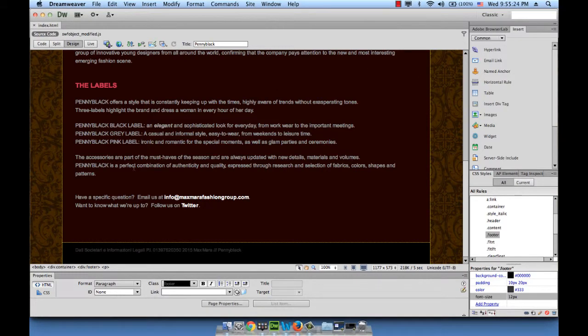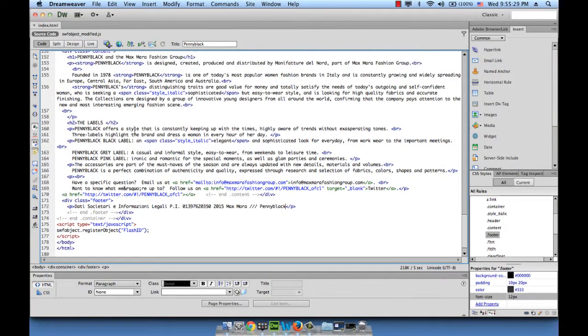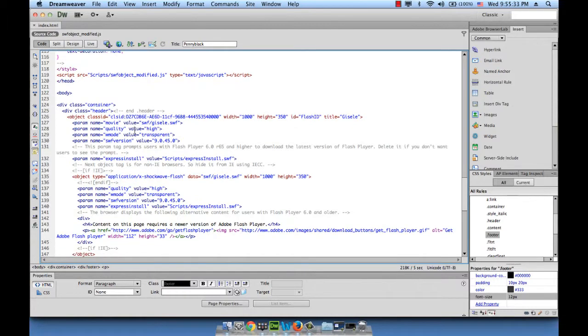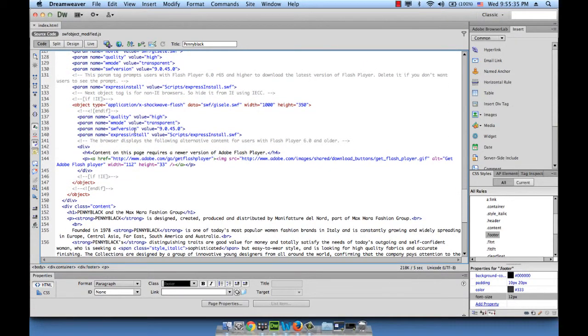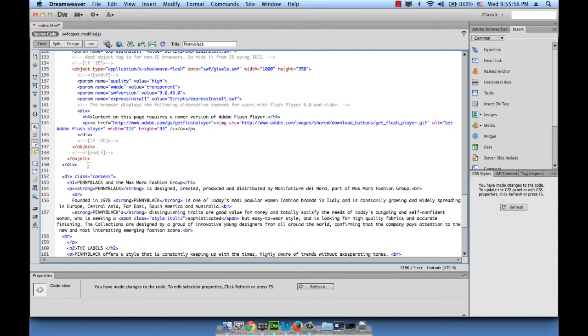Okay, very nice. We're going to now go to the code section and look for, let me find it first, and then I'll let you know where. Right here, right after the closing of this div and the beginning of div class content. If you just find div class content, between div class content and the div before it that's closing, hit enter, and